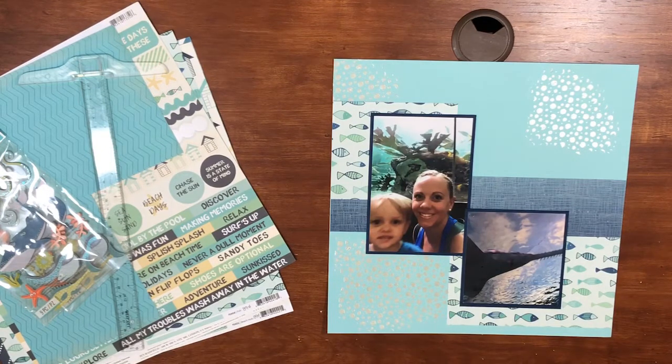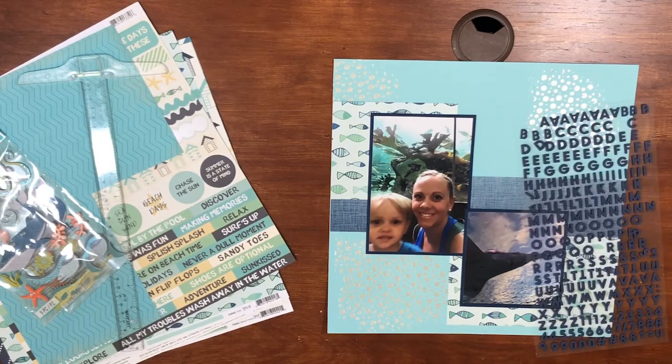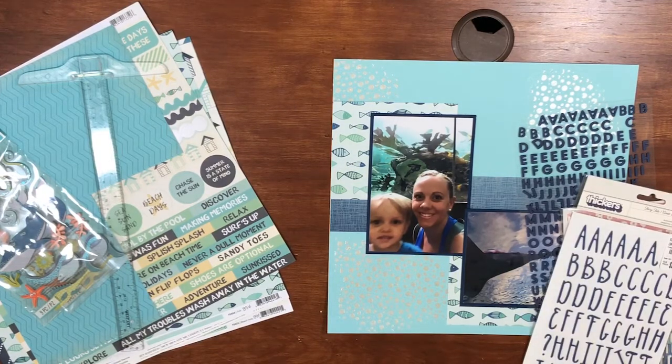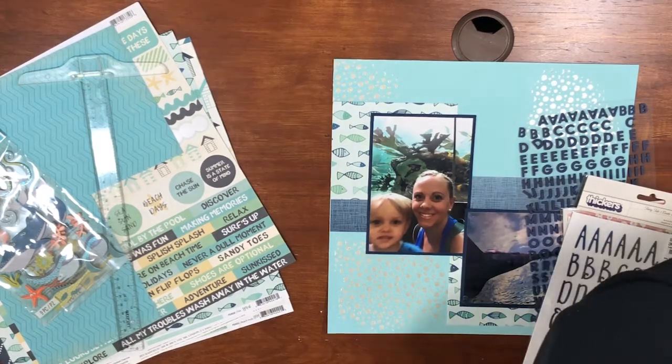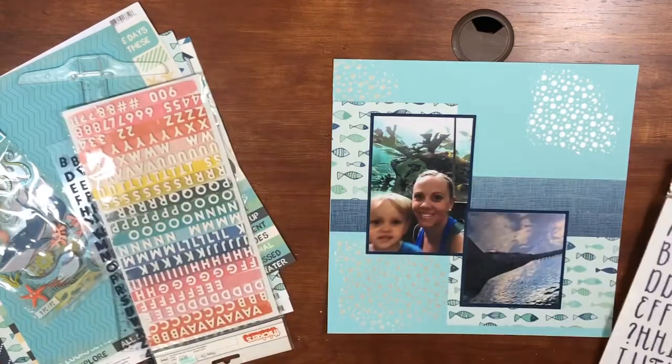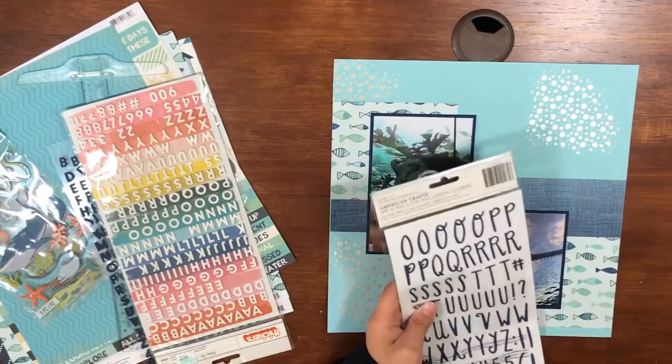All right, so back to the layout. Right above the shark picture, I figured it was a good space for a title. So again, I went through all my alphas looking for white, navy, something that would match. And I found those stickers there. I think it's Chamel Head in the Clouds, maybe. I don't have it right in front of me, but I do believe it's from a Chamel collection. So I ended up using those stickers right there